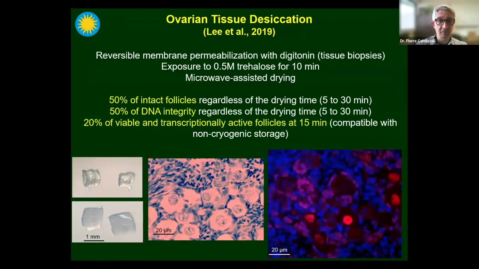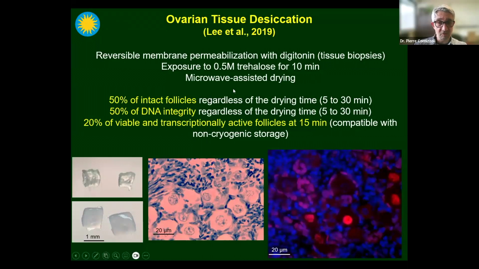Well, we didn't stop at the sperm or the egg. We are also really interested in ovarian tissues and testicular tissue. For the ovarian tissue, it's much more complex because, of course, it's larger. It's a tissue biopsy with different types of cells that have different volumes. So in order to incorporate the trehalose and remove enough water, this is very challenging and very complex, but